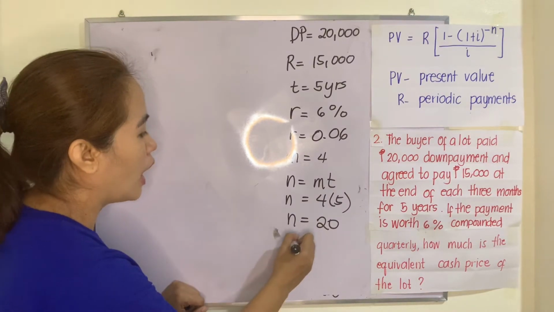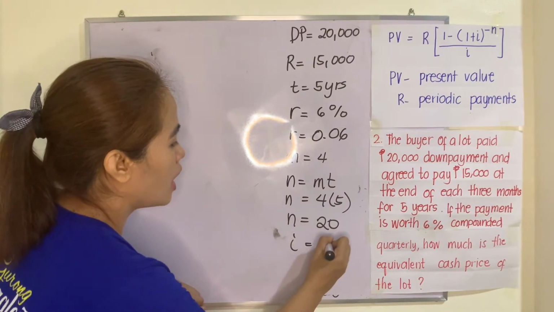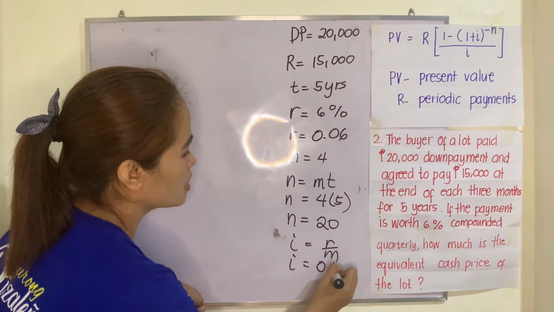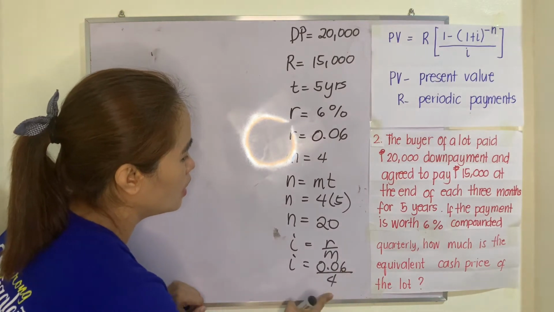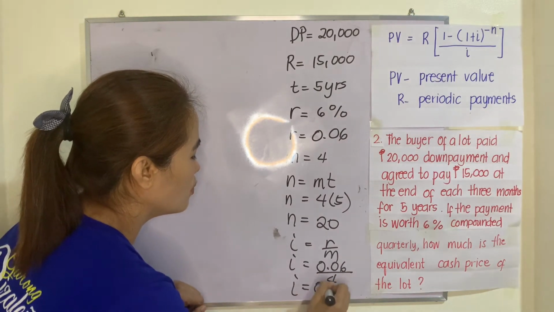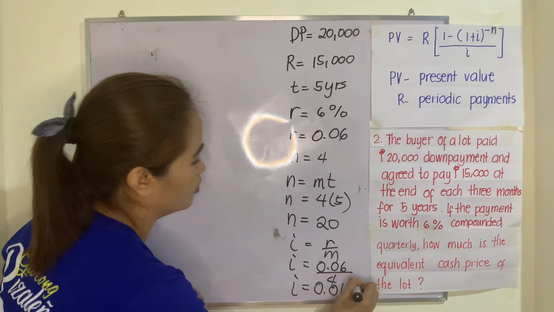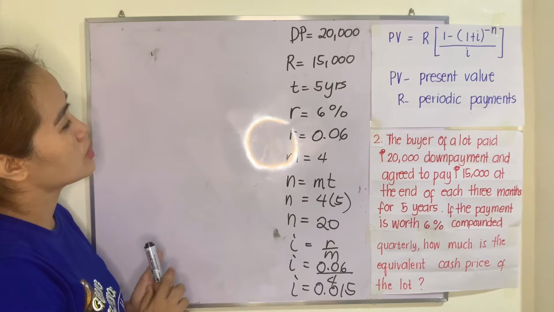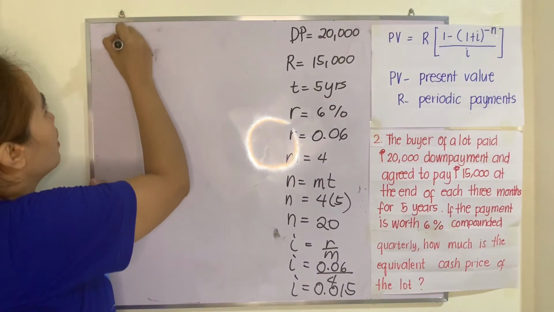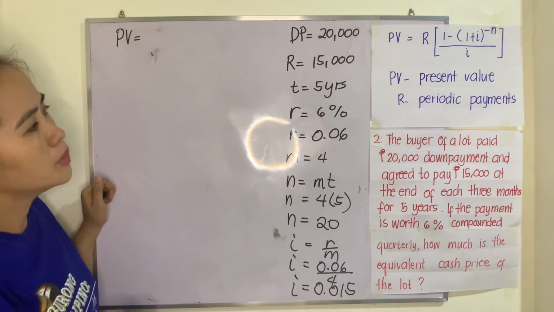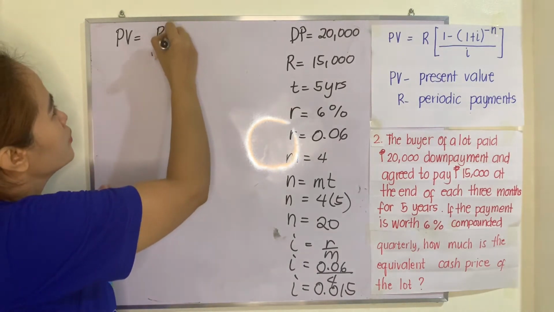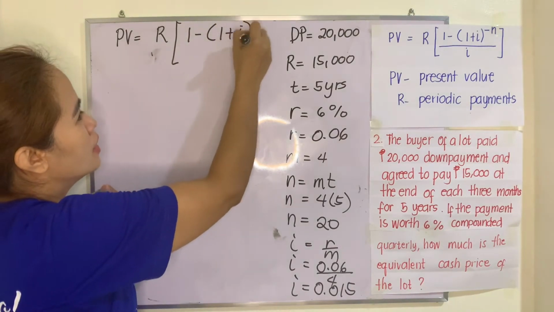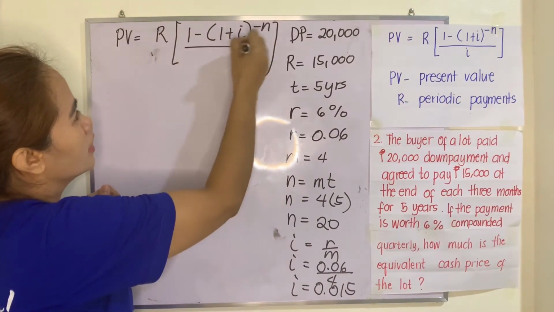And then for our I, that is R divided by M. So I equals 0.06 divided by 4. I is equivalent to 0.015. Okay? It's complete now. We are ready to substitute this in the formula. So we have PV, or present value, equals R